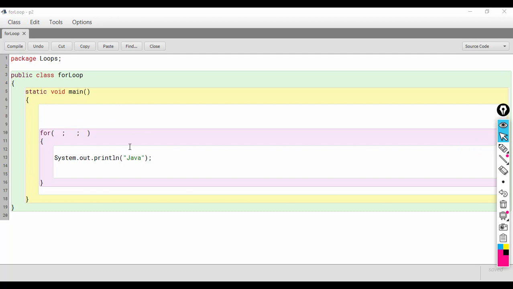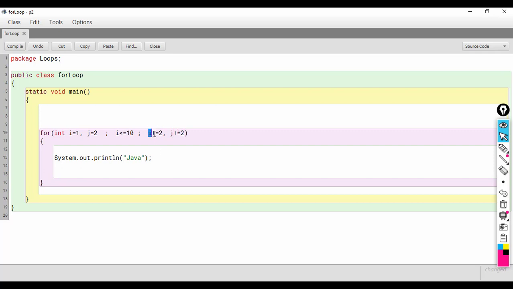So, students, we can also do multiple initialization and multiple update in the for loop like this. Let us say I declare a variable int I is equal to 1, and j is equal to 1, or let us say j is equal to 2, and the condition we can say that I is less than equal to 10, and the update part will consist of I plus equals 2 and j plus equals 2.